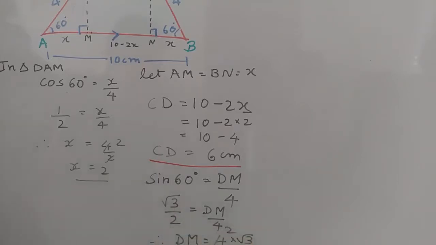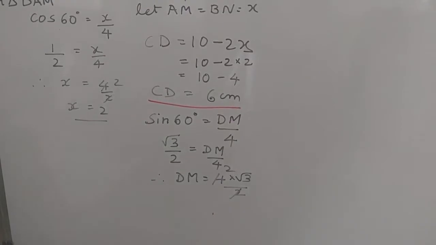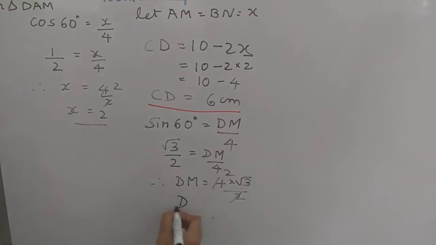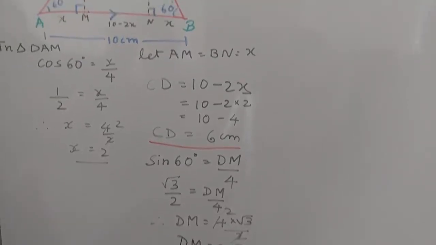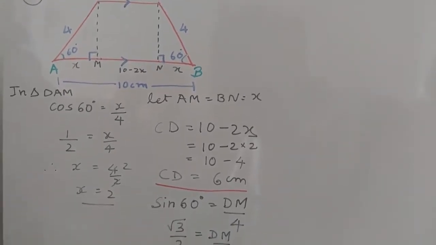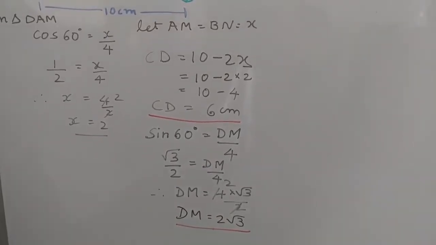So 2 2s are 4. So how much do I get here? You can see, 2 root 3, that is our DM value. So now I get my final answer here. DM is equal to 2 root 3, which is the same as CN. CN and DM, both the values are the same. So this is the second answer, the distance between AB and CD: 2 root 3. So students, you can see the figure. This figure is very important to understand first, and then how the arrangements are done to get the values, you have to understand and write accordingly.